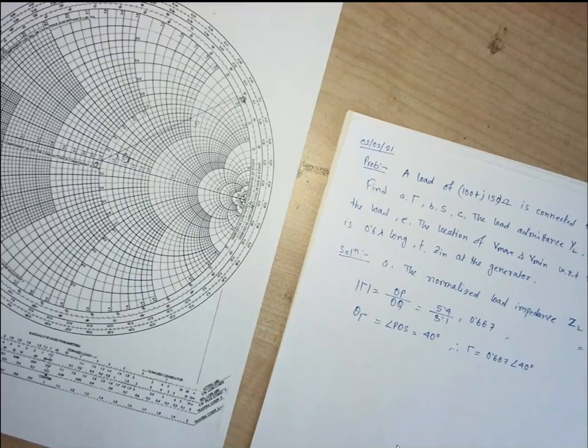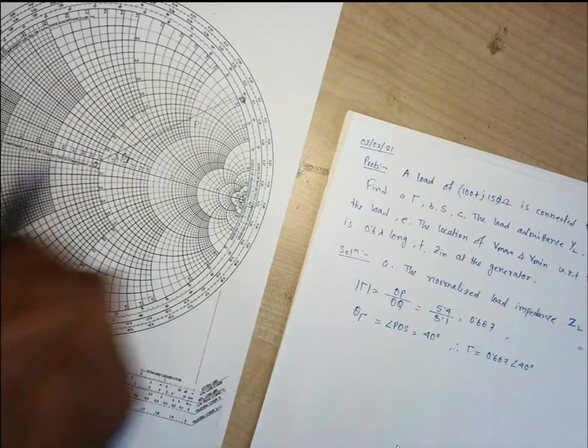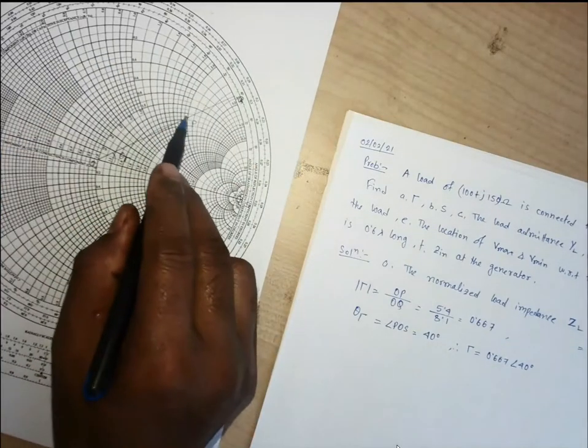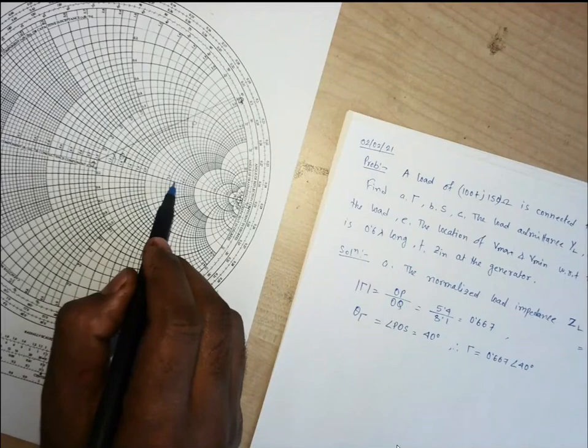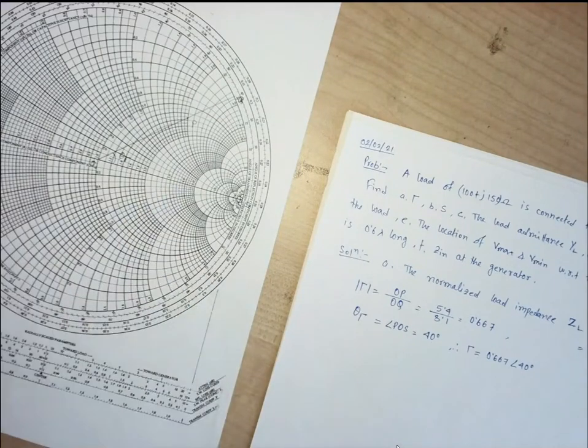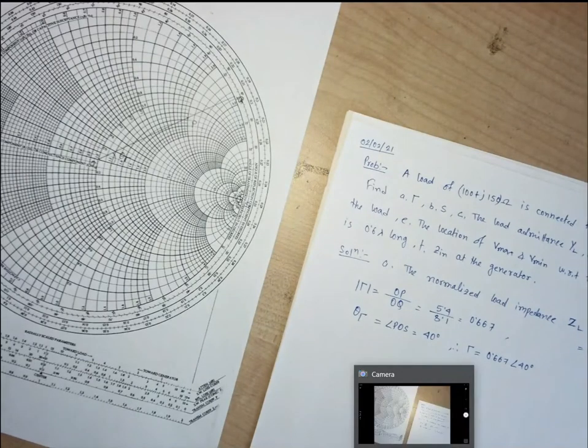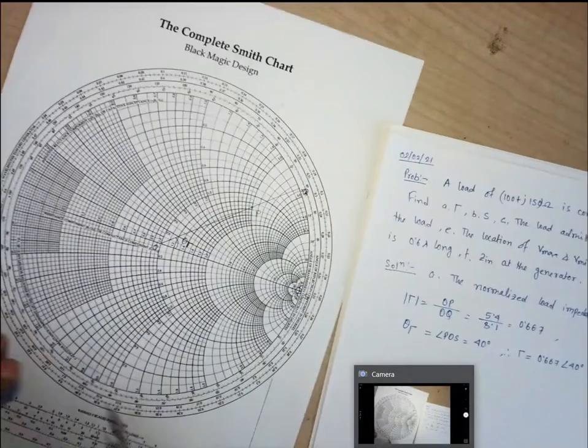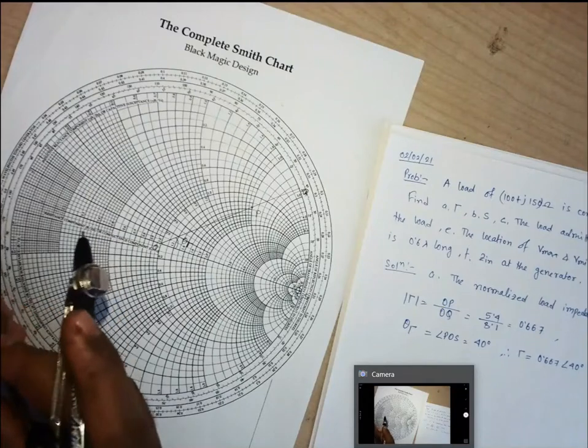Right? We can also check by taking numerical value by using our numerical expression ZL minus Z0 by ZL plus Z0. Next, we need to find out SWR. So how we'll find? We need to take OP as the radius and we need to draw a circle. That circle intersecting this gamma R in the right hand side, that point we need to find out. So let us draw this circle by taking this OP as the radius.